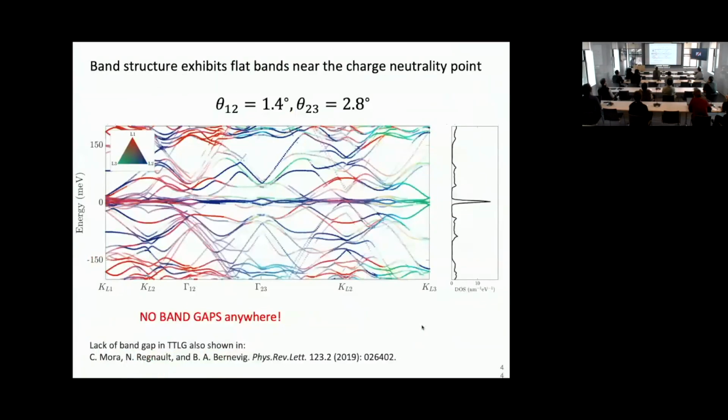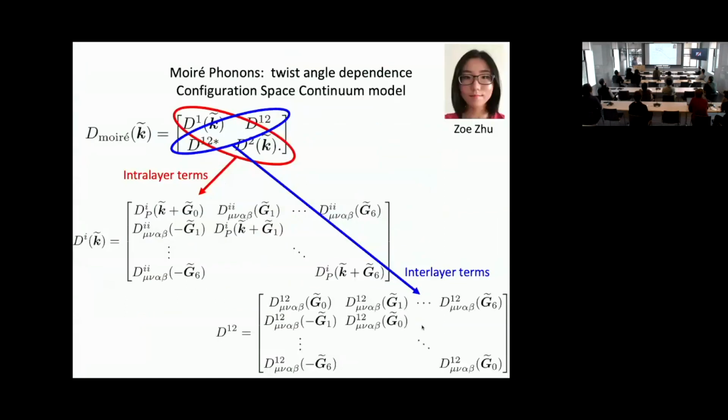Here's a band structure for a particular set of twist angles, large density of states at the Fermi level again, but no gaps anymore. You don't find gaps anywhere. And we can extend this also. Very recently, we published again a paper on